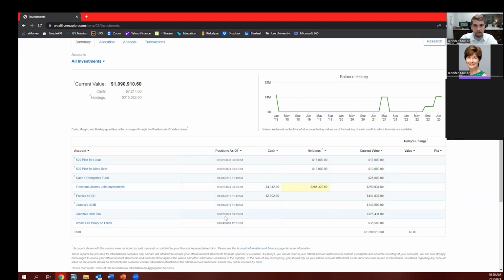Some of these are manually, all these are manually updated, but on yours, once you get it linked, you'll be able to see it as of 4 o'clock the market day before. So that's why if you ever see, hey, do you want to link up these accounts? That's why it's important, because some of these, like say, if you have Frank's 401k, I have it come in here